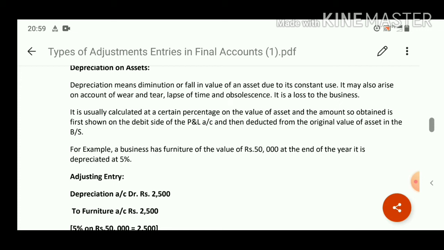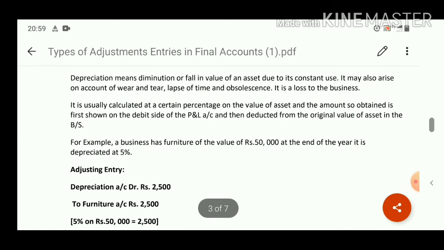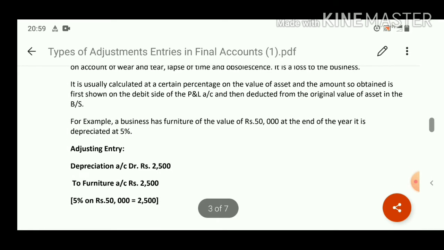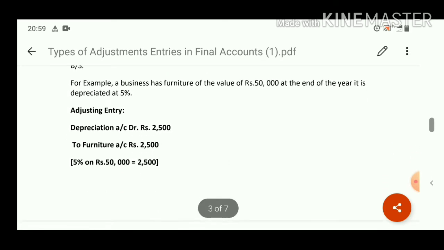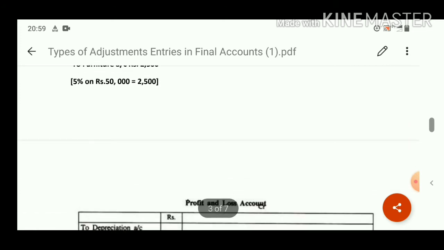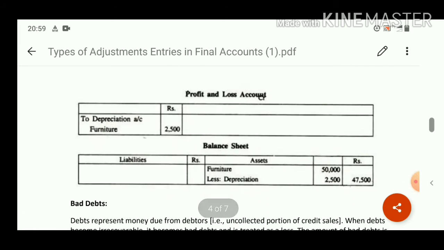Let's take an example. A business has furniture of the value of rupees 50,000. At the end of the year, it is depreciated at 5%. So 5% of 50,000 is 2,500. Means my depreciation amount is 2,500. So this depreciation amount is going to be recorded on the debit side of the profit and loss account as